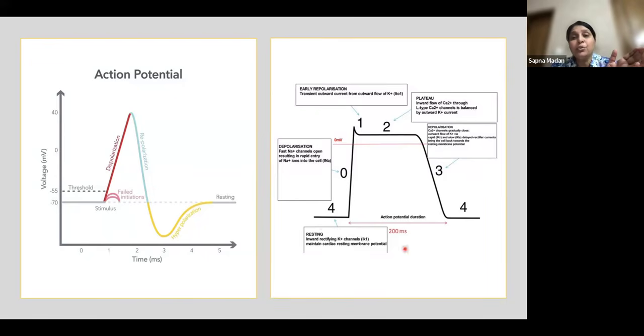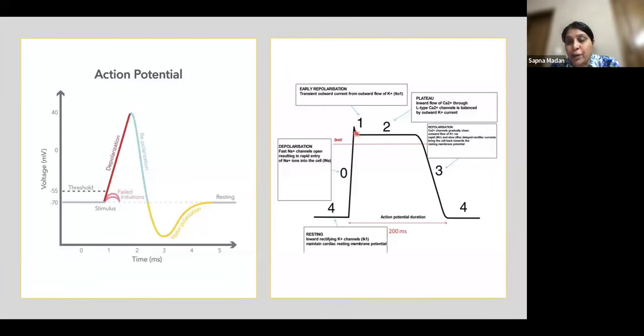Right. Now coming to the right side of the diagram, this is about the cardiac myocytes. Again, there is a resting membrane potential. Then the voltage gated sodium channels will open up and cause depolarization. Once the depolarization has happened, the sodium channels will close and the potassium channels will open up, but there's a transient opening of the potassium channels and the potassium starts moving out,